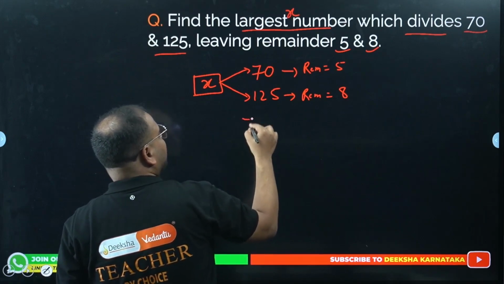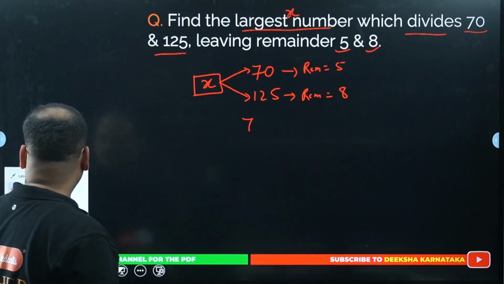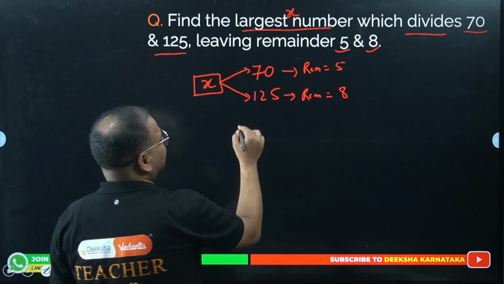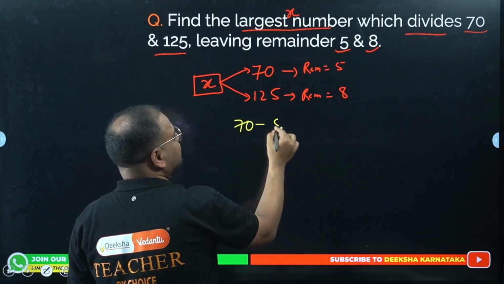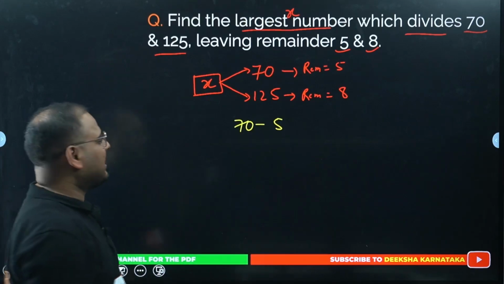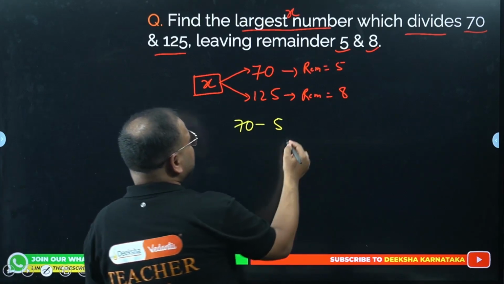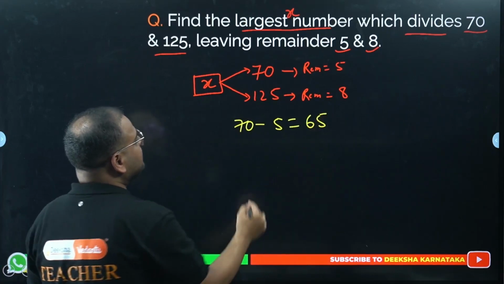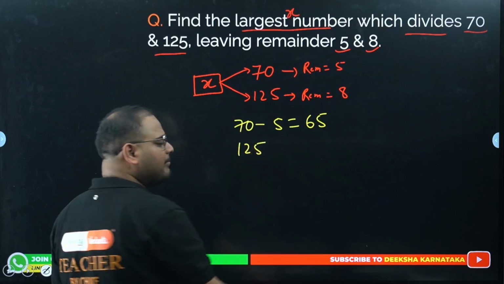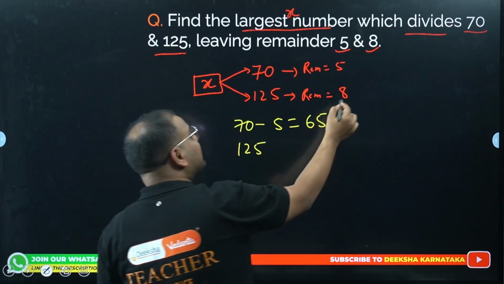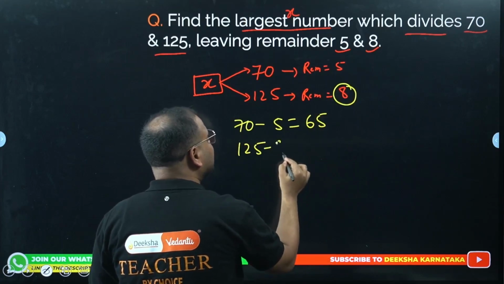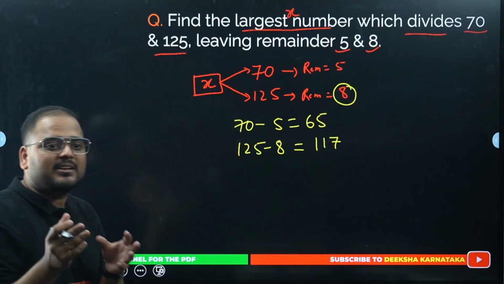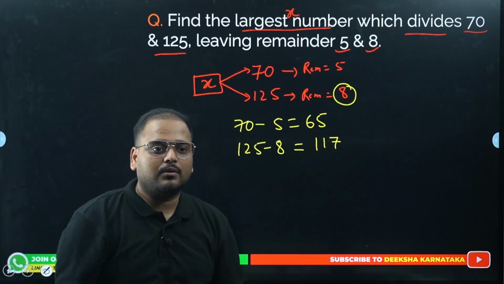Check here. The first change we're going to do is change the ink color. Okay. Chaliye. So 70 minus 5. Very bad joke. Alright, I will learn to joke. Okay. 70 minus 5 will become 65. What about this number 125? Minus 5 we will do? No. We'll subtract the remainder we were getting, right? So minus 8. Sir, why are you taking the remainder that we were getting? So that if the remainder is taken out, then the number is divisible, no?